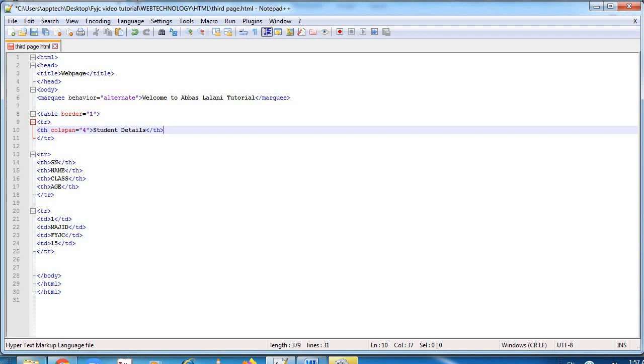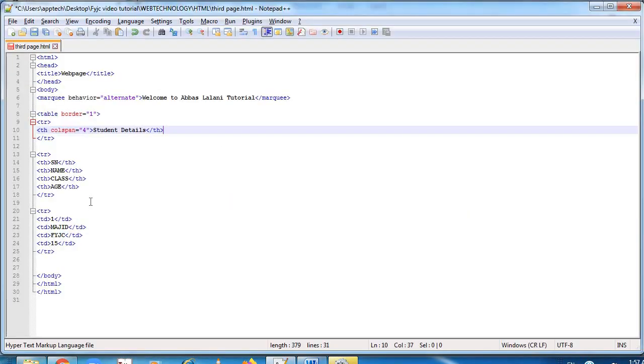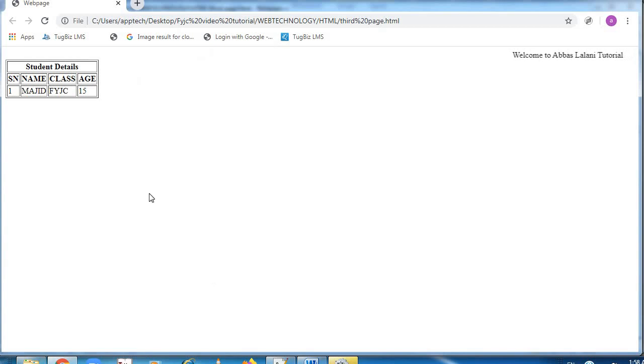So what will happen, this student detail over here will merge all the 4 cells, 1, 2, 3 and 4, and it will come over here. So just save it. I had used all 4 columns, so student details will merge all the columns. In this way the student heading will be shown. Just see the output. Yeah, see, student detail has come in the heading.